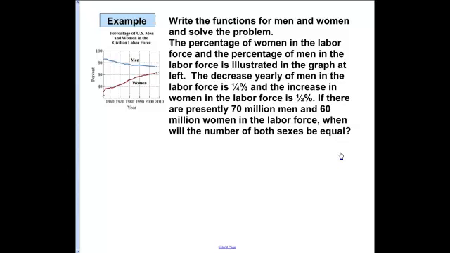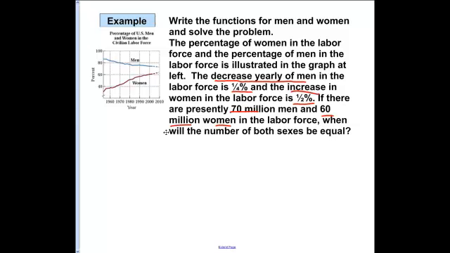Let's look at this equation here. We want to write the functions for men and women to solve the problem, and we look at the percentage of women in the labor force and the percentage of men. So here we have men and women, and we know that the yearly number of men decreases by 0.25%, women increases by 0.5%. If there are presently 70 million men and 60 million women, then when will the number